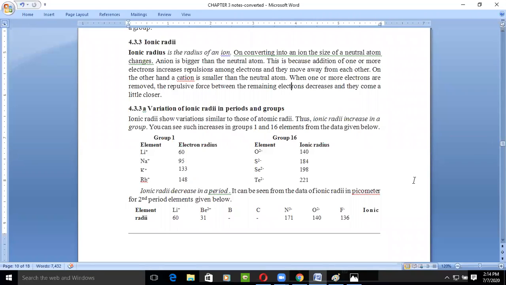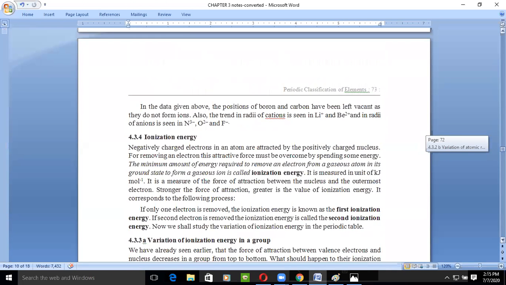The unit in which we measure these radii is known as the picometer. Okay, so picometer is the measuring unit. Generally people don't ask about these ionic radii values, but you just have to know what will happen to the ionic radii, atomic radii and some other properties when we go down the group and when we go along the period. So this behaves the same as atomic radii. When we go down the group, it keeps on increasing, and when we go along the period, the ionic radii will decrease. Okay.